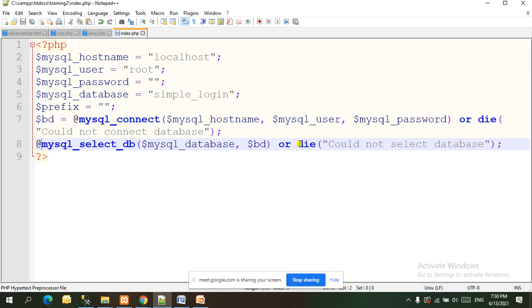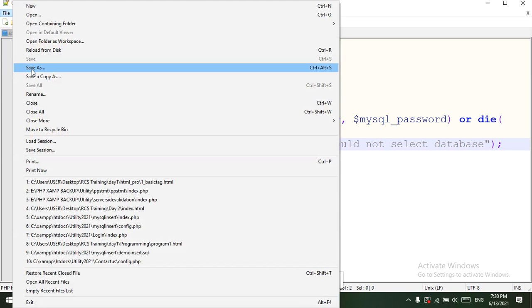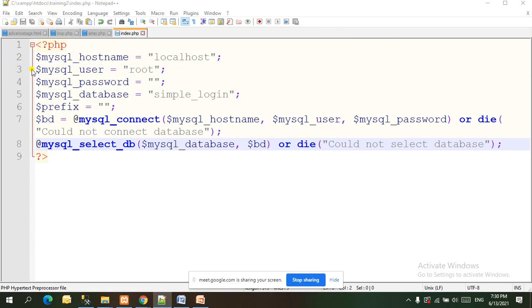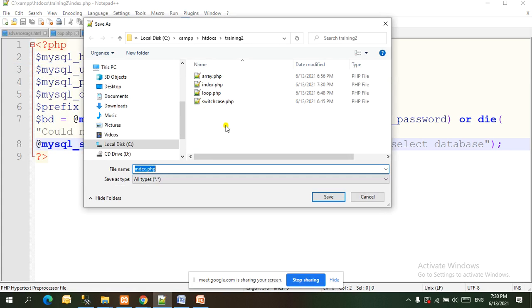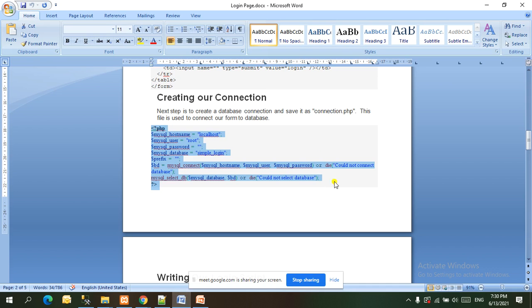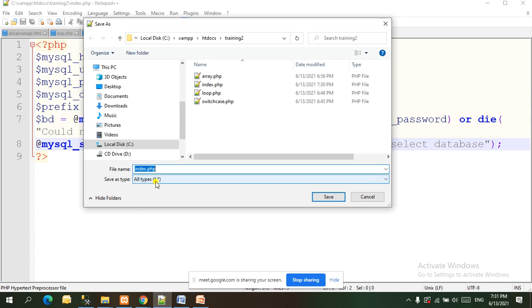So now we have a page. Save this. This page I am going to name connection.php.